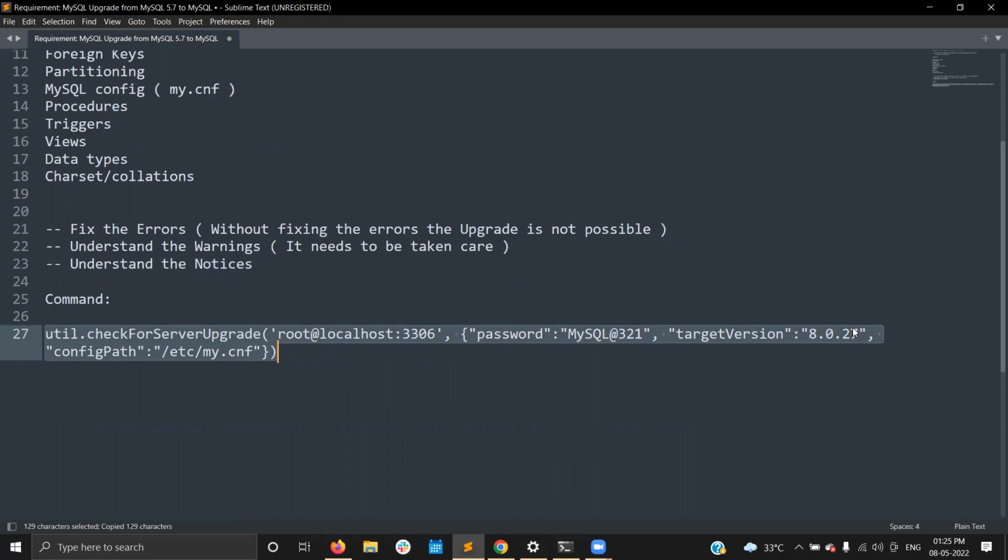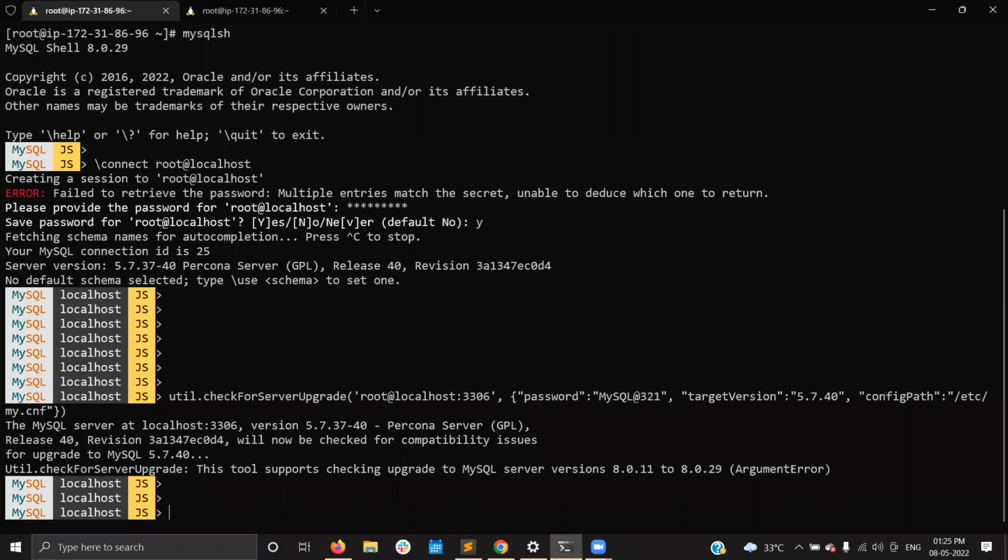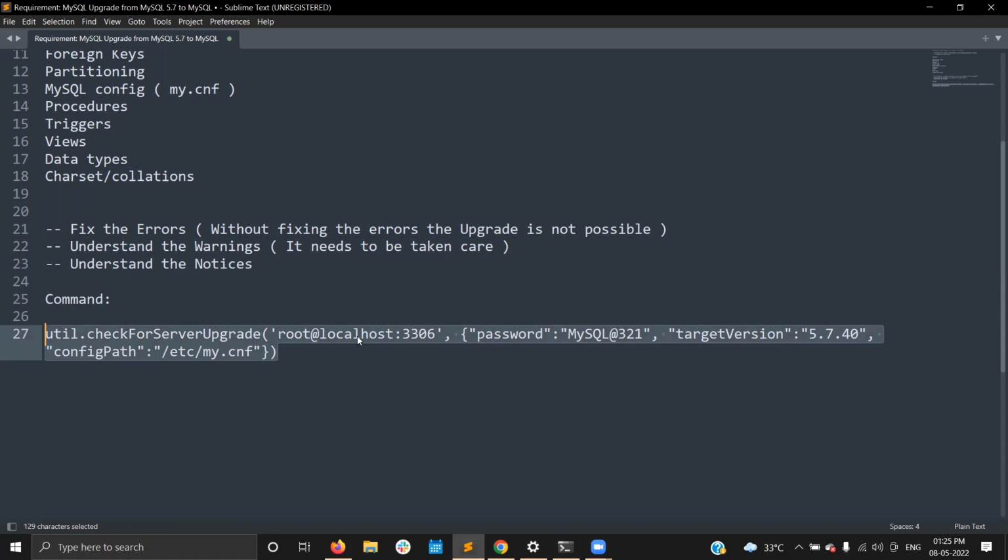For example, I'm just replacing it here with a different version, like 5.7.40. I'm running it here, and you can see that it gives the error: util.checkForServerUpgrade, this tool supports checking upgrade to MySQL Server versions 8.0.11 to 8.0.29. So I am going to upgrade to 8.0.27, because I have Percona Server, and the recent Percona Server release is 8.0.27. So now I'm going to fire this command